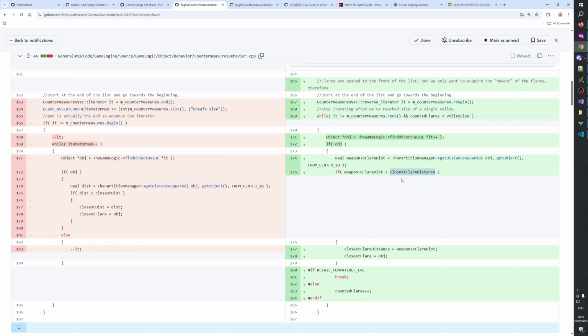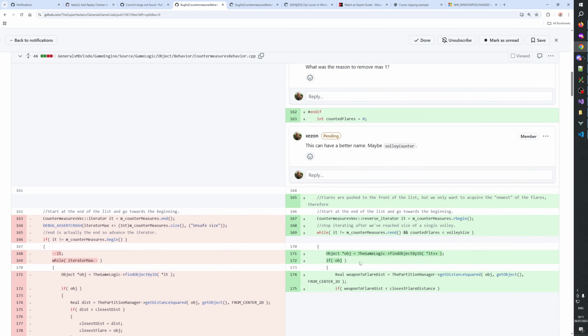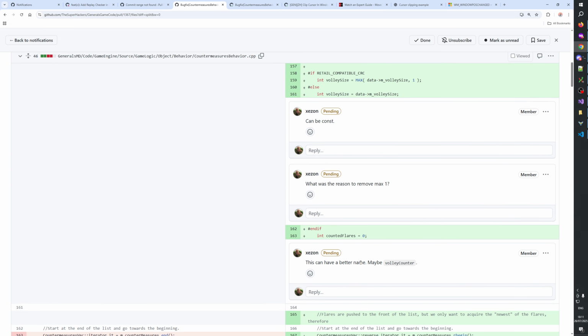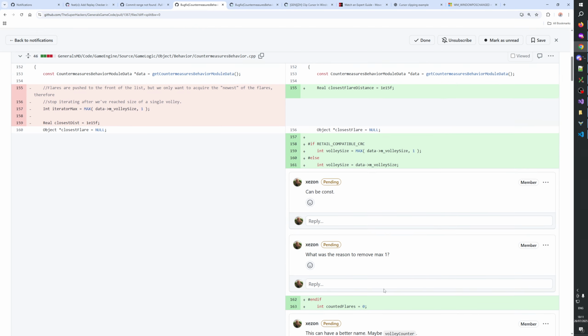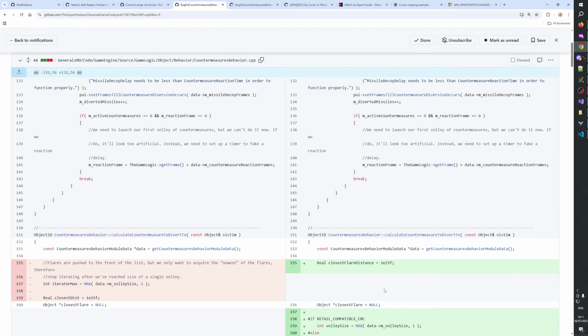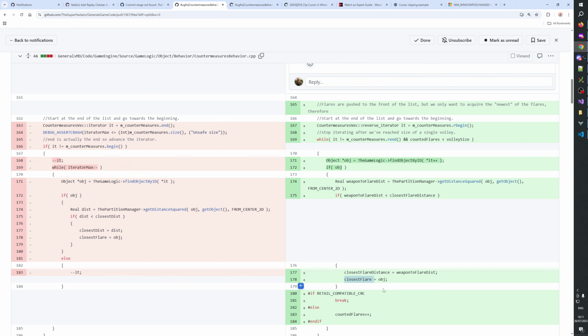Closest flare distance. Closest flare. Yeah, so I would say logically it looks correct.